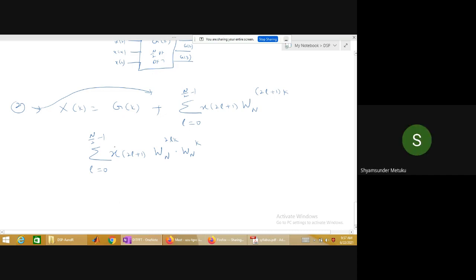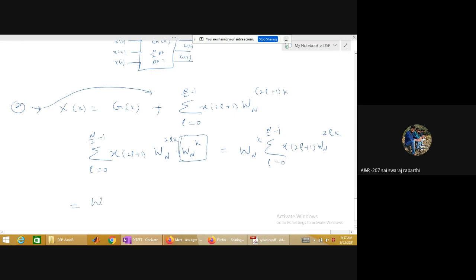Then summation depends on the L, but does this particular term have any L in it? No L in here, right or not? Yes, sir. This particular term is independent of L, isn't it? So can I write it outside? Yes, sir, we can write. I hope this is clear. Is it okay?